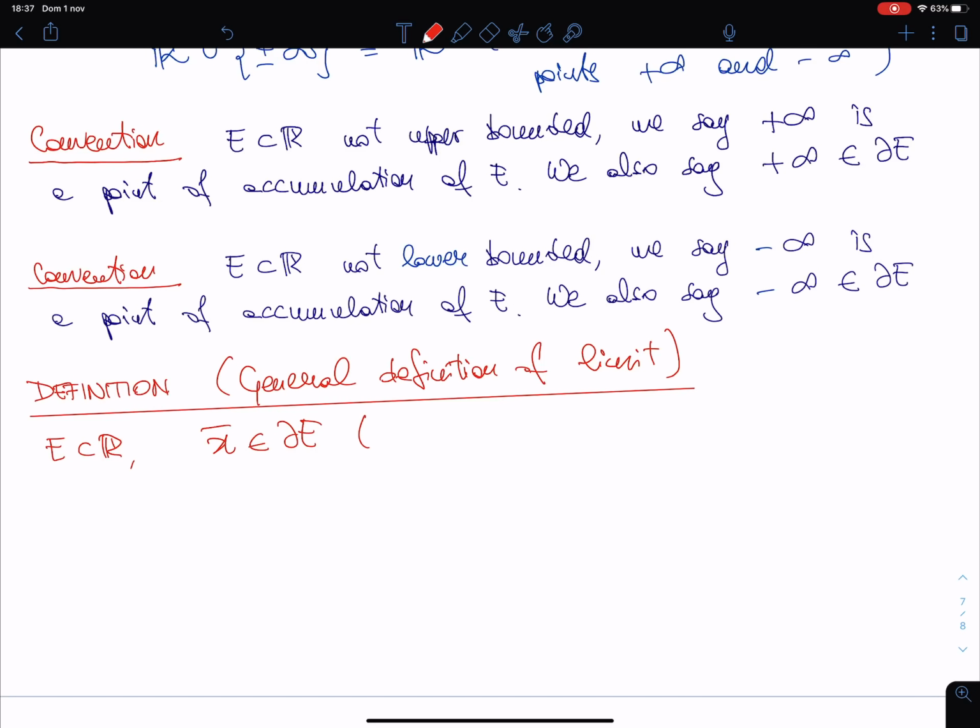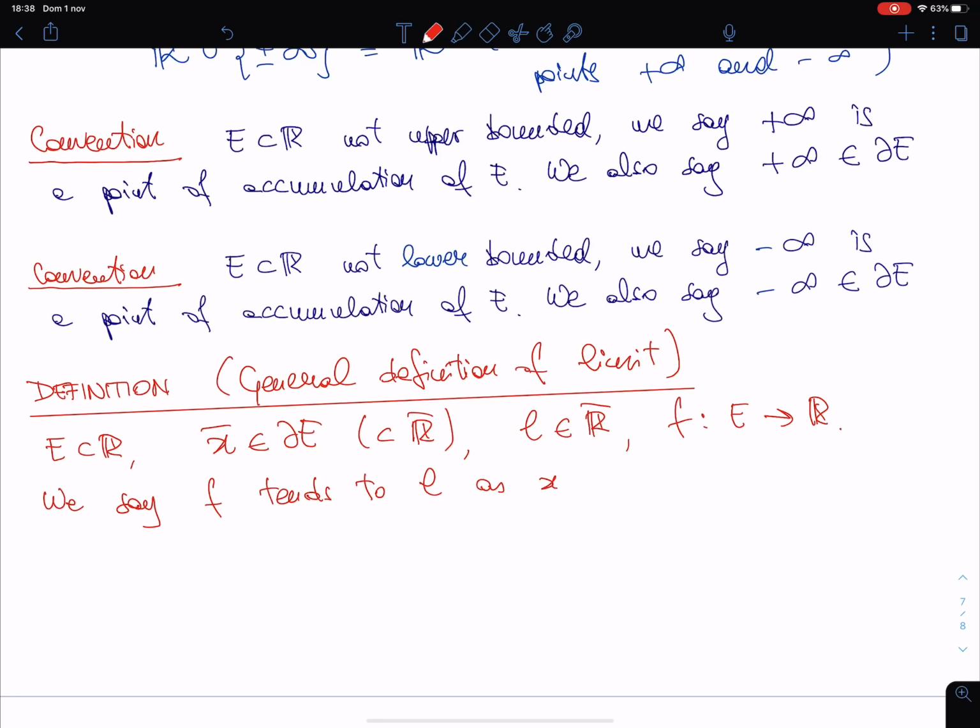So I write that D of E is not a subset of R, but a subset of R bar. We include the possibility of having plus and minus infinity. L is an element of R bar too, again with plus or minus infinity as possible options, and f from E to R. We say f tends or goes to L as x tends to x bar,